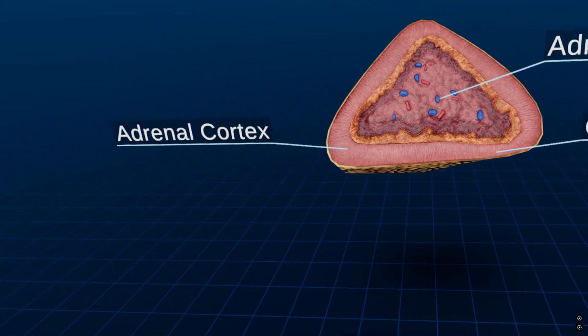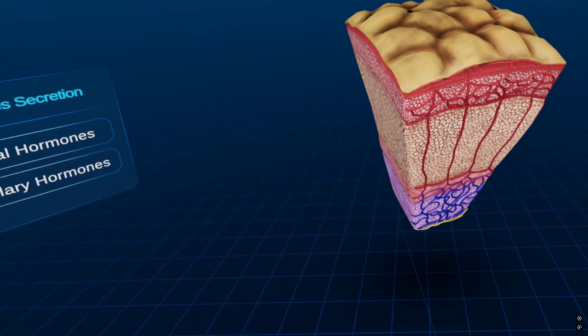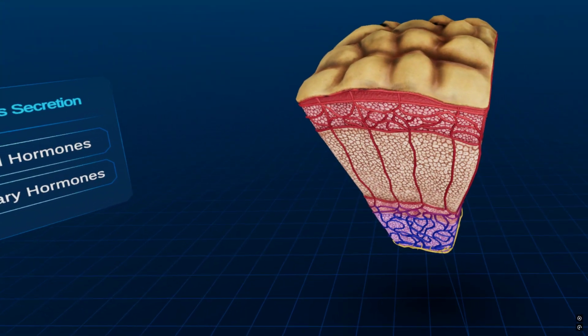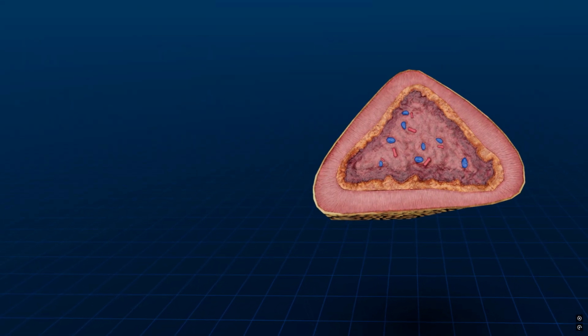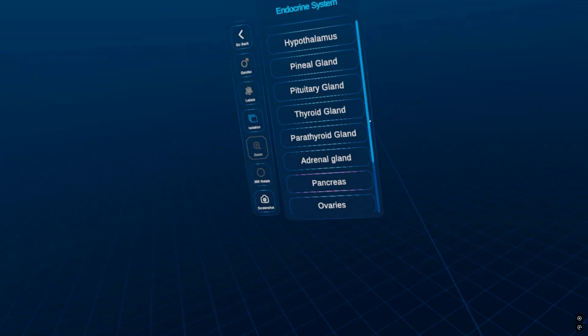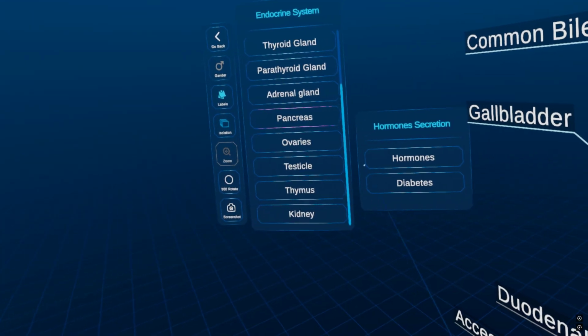Adrenal glands. The pancreas. The pancreas is a glandular organ